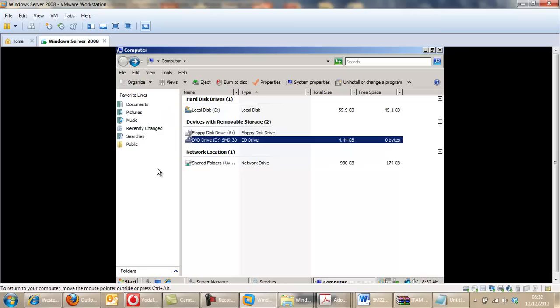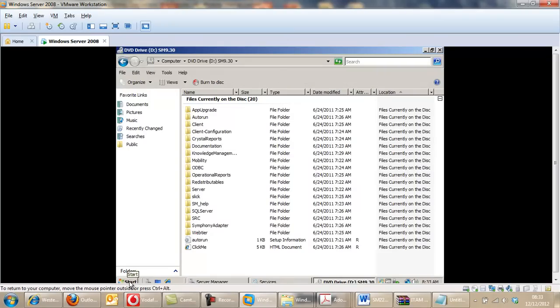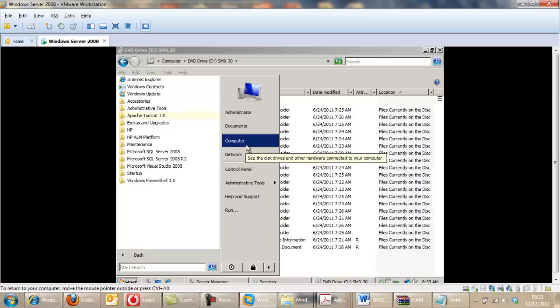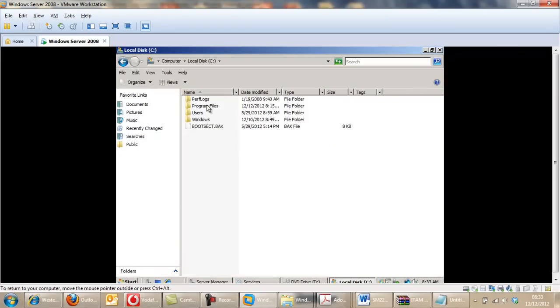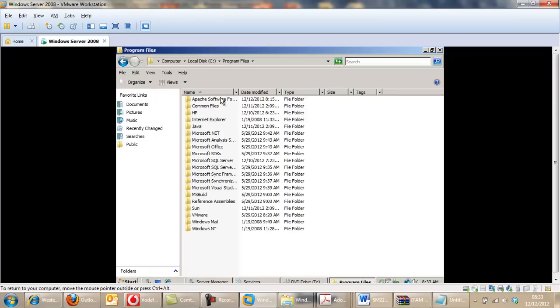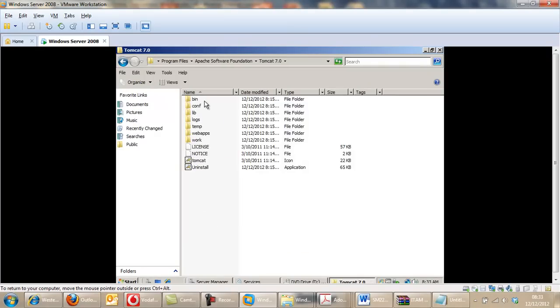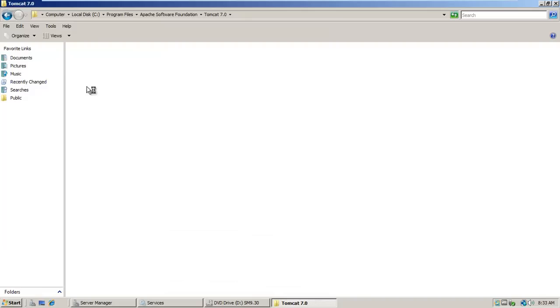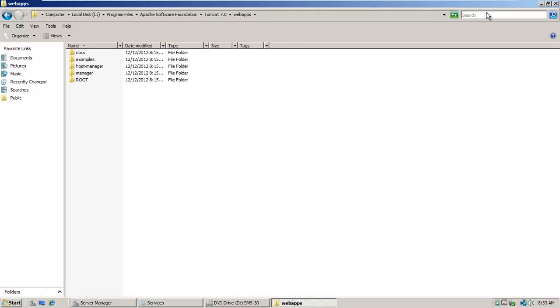Now we go into Apache. So you double click on that and